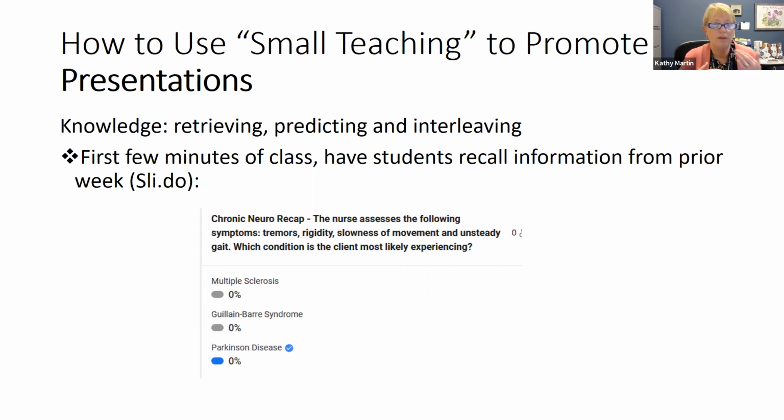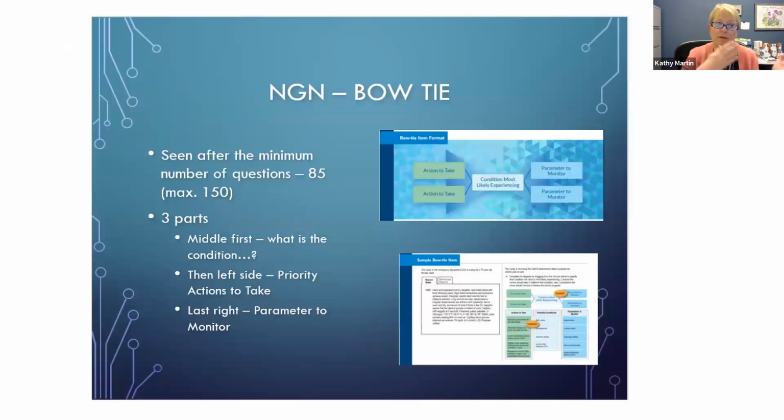So this one activity engages the student in retrieving previous knowledge, and it also allowed them to hear and read the language of an NGN item type. And then that item was followed by this slide. This is the actual slide that I had in my class. And this allowed the students the opportunity to see information from one of the Next Generation NCLEX newsletters about the